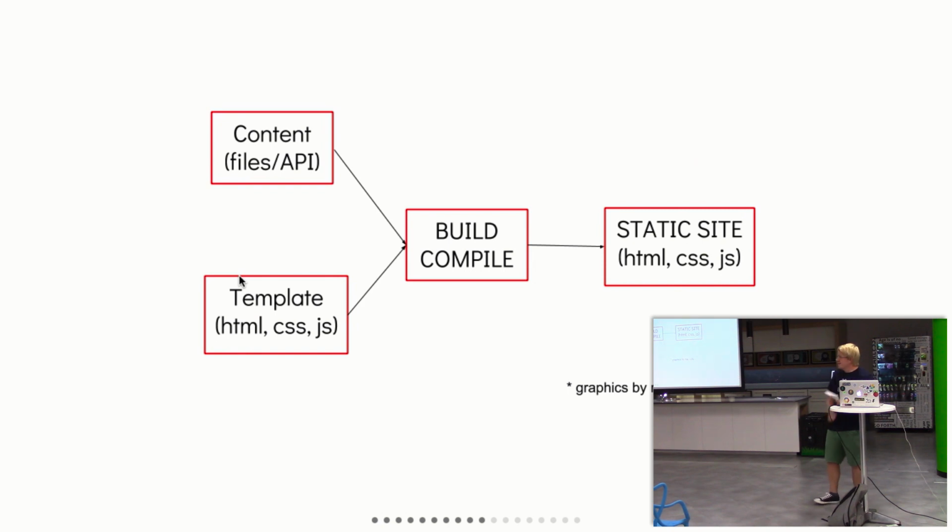And in case you're not sure what I'm talking about, this is basically what a static site generator does. You've got some content, normally in a file. It could be a JSON file, it could be a bunch of markdown files. That would be my blog posts. Then you have a template, something to render that blog in a nice way. And then you build it, and out comes your static site, only HTML, CSS, and JavaScript, and you send that up to your server. So like the old days, kind of.